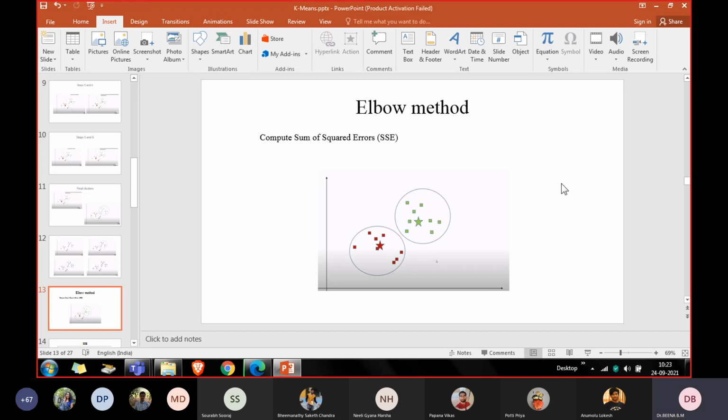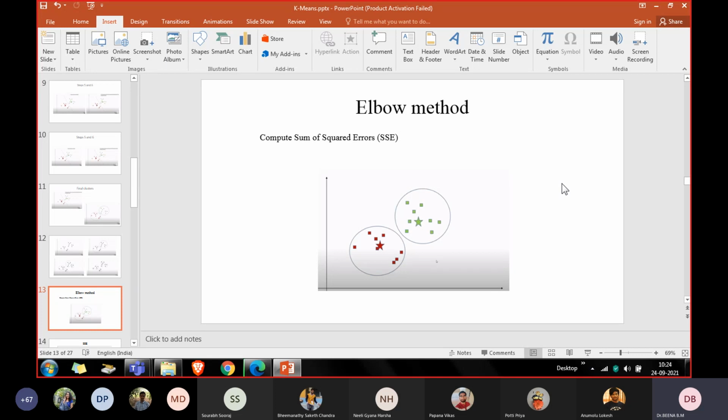Sum of squared errors. I think you know sum of squared errors. What is sum of squared errors? Anybody? Okay, no issues.